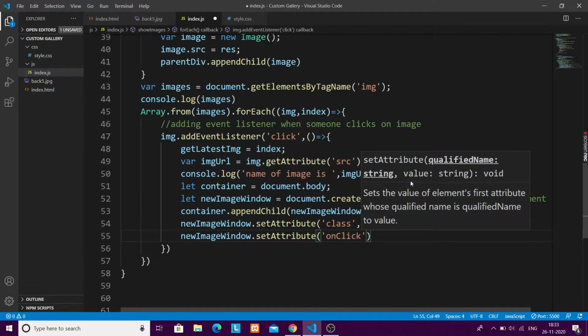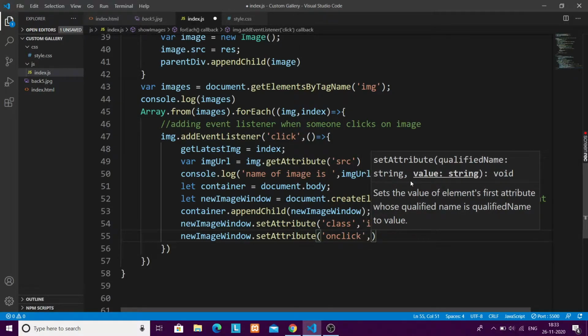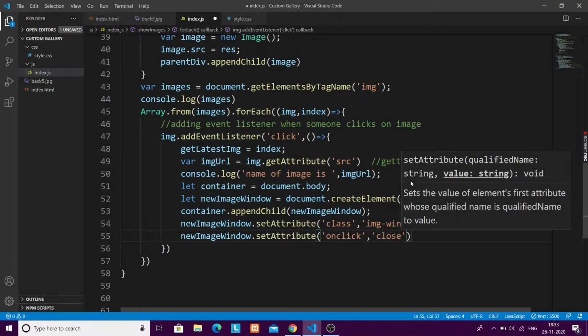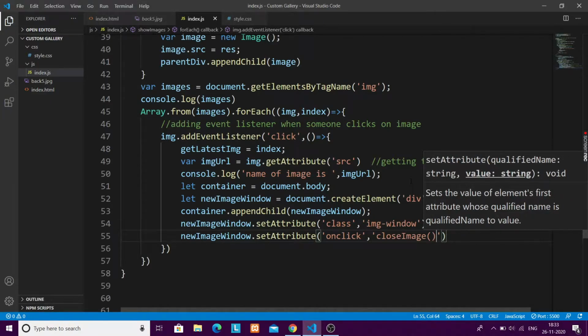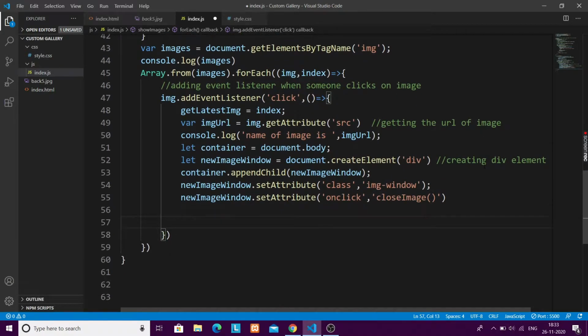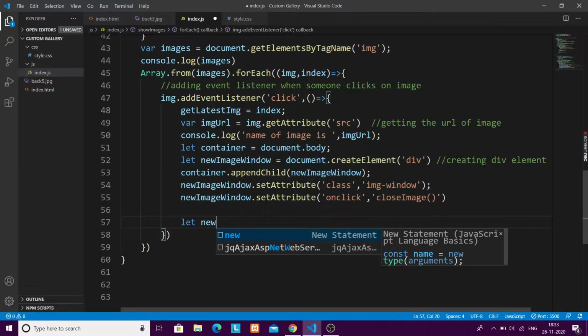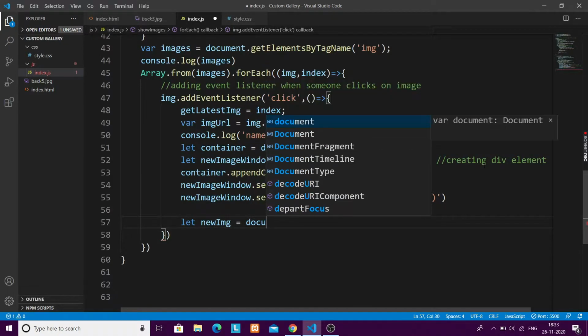So when someone clicks on this image window, the popped up image will be closed. I guess I have not confused you too much. When someone clicks on this image window, the popped up image will be closed. So for that, onclick, the function will be close image, that will run when someone clicks over this